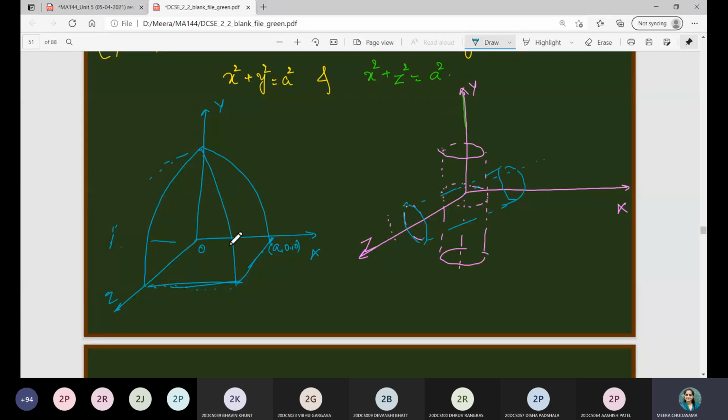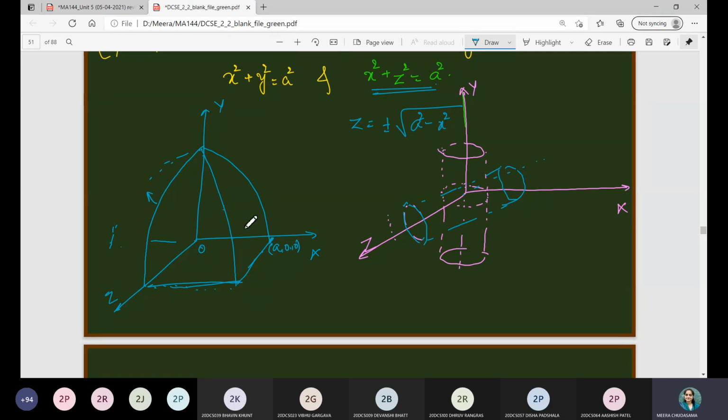So now we have to decide the limits. If we talk about the limits, this is x and this is the x and z variables, so this curve corresponds to the cylinder, right? So this corresponds to the cylinder, so it is nothing but square root of a square minus x square, because this equation is given to you in the x and z plane. So z square is equal to a square minus x square, and therefore z is equal to plus or minus square root of a square minus x square will be the entire limits to move the strip along the z axis.